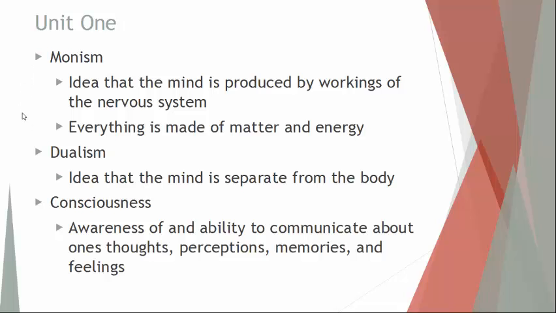two categories. If you are a behaviorist, you would most likely fall under the umbrella of monism. That since you can't measure the actual brain processes, it can't exist on its own. So the mind is just a product of the nervous system. So it's one continuous unit. If you are a humanist, you most likely fall under the dualism category. That the mind is separate from the body.